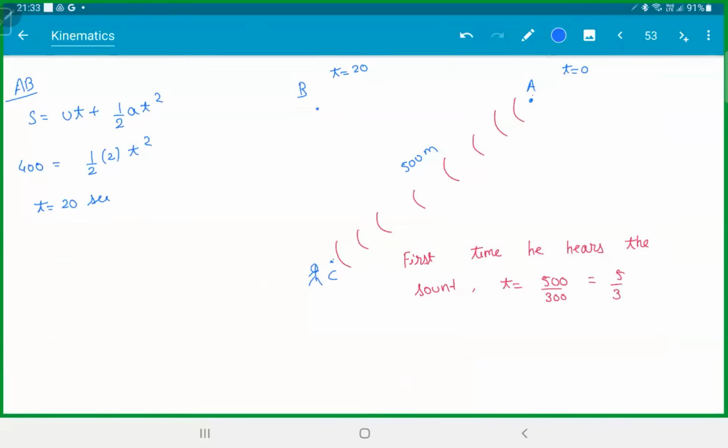Then the last time he will hear the sound is the sound which is released at B. This will be the last sound wave. This red one is the first sound pulse. Because after B, you won't hear the sound, the engine is off. Now understand, it took the train 20 seconds to reach B, and then this distance is how much? 300 meters. Then it took another 1 second for the sound to reach here. So the last sound he will hear,